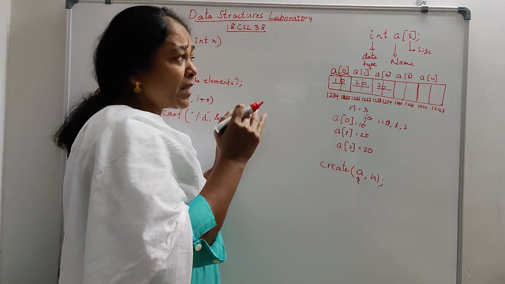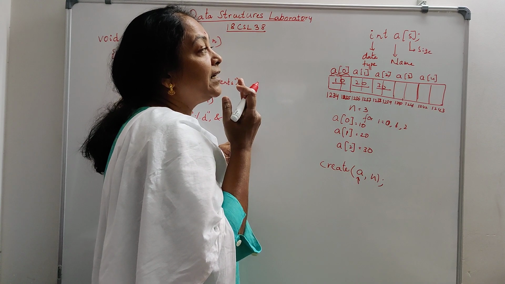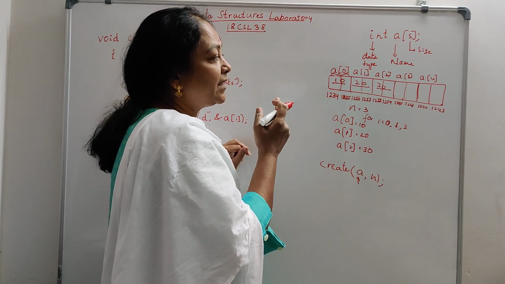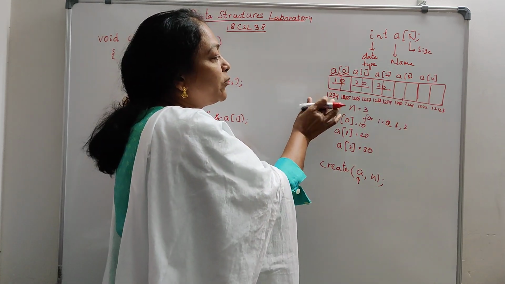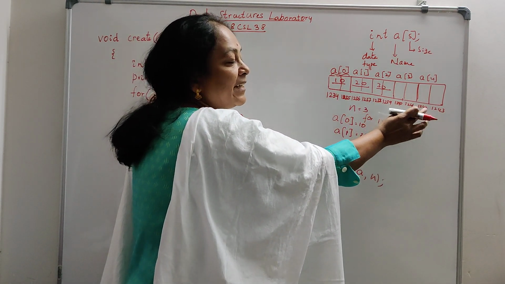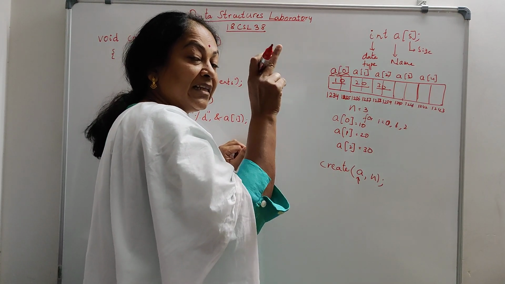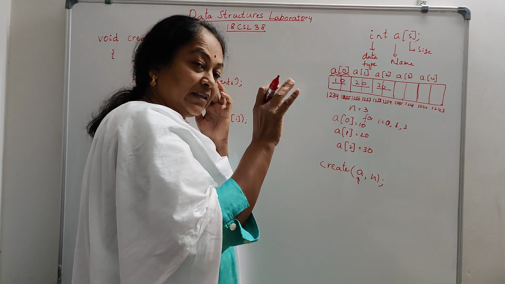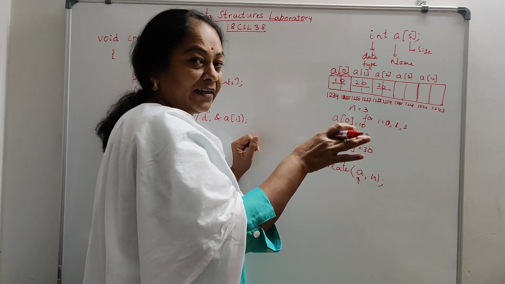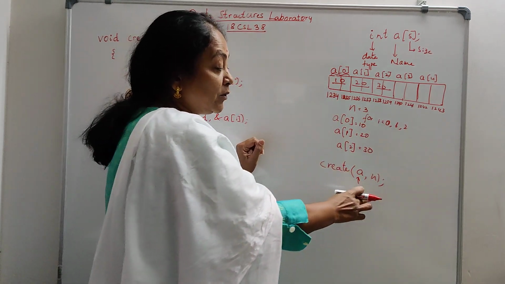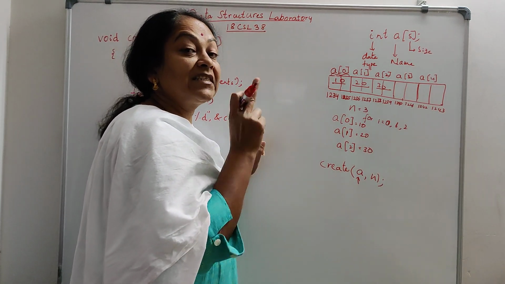Because we are trying to take advantage of the array. What is that advantage? All the elements are in continuous locations. If you know the starting address, you can access any of the elements, because all the elements are stored in continuous memory locations. The first element will be stored in the first 2 bytes, the next in the next 2 bytes, and so on, right? Also the size of the array is given. The size of the array and the starting address are sufficient to access the whole array.